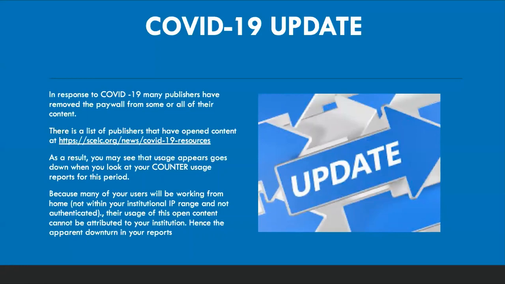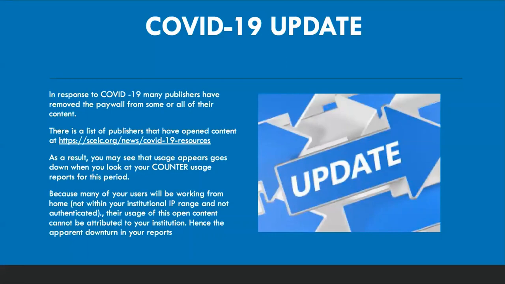What we recognize is that you could see a downturn in usage when you look at your 2020 stats, because people were able to just go to the platform and immediately gain access to this content, and they might not have been coming through your proxy, they might not have been coming through your portals to gain access.